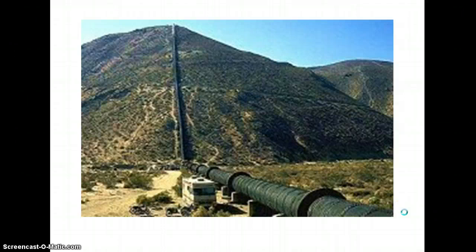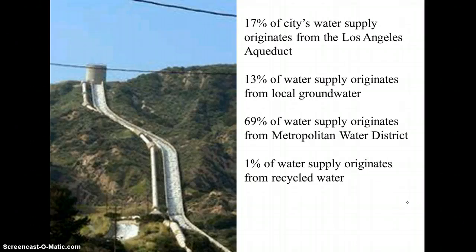There's one of the pipes that brings water. It's a good sized pipe. You can see the camper by comparison up over in the mountains being pumped. So the Los Angeles Aqueduct is one of these pipes that brings in some of the